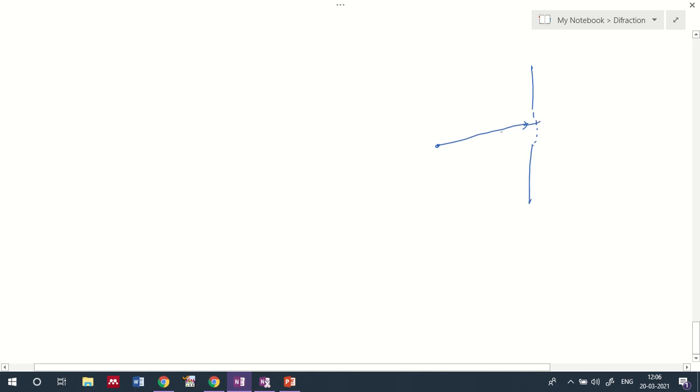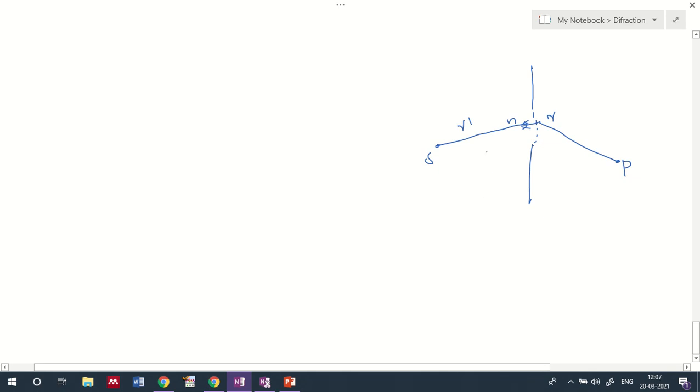Okay, and we have r dash here, and there is a normal also coming from here, that is n. So the point P will be here, with r. What is actually there is a source; from the source the light is coming, passing through the aperture, and the corresponding diffraction pattern is obtained at P. So it can be represented simply like this. In this case r dash is a constant.